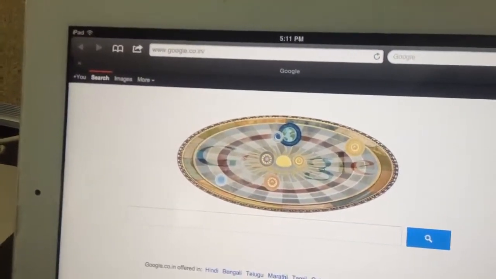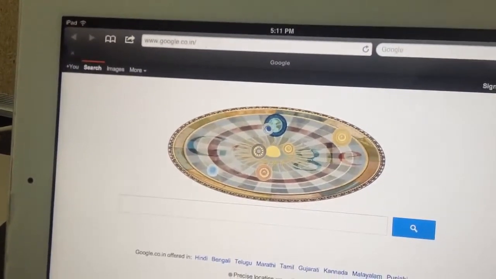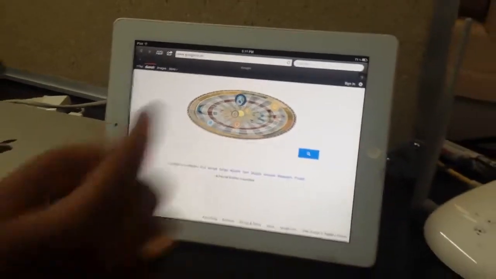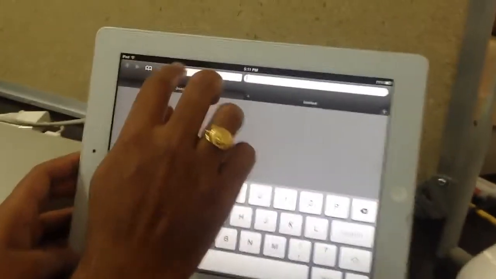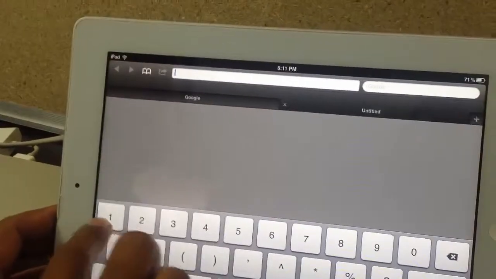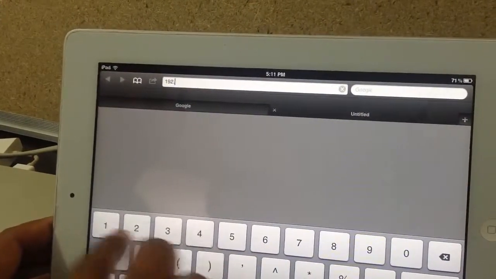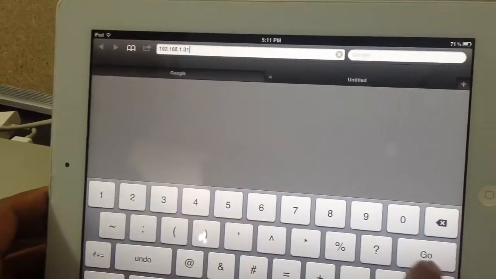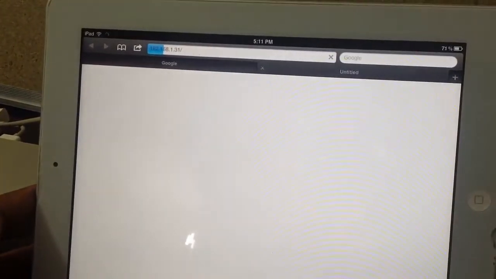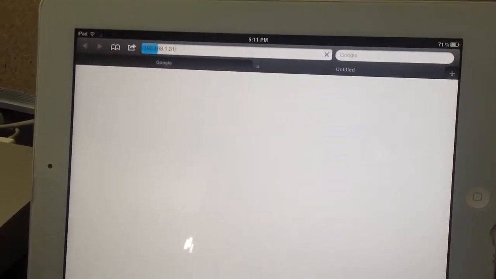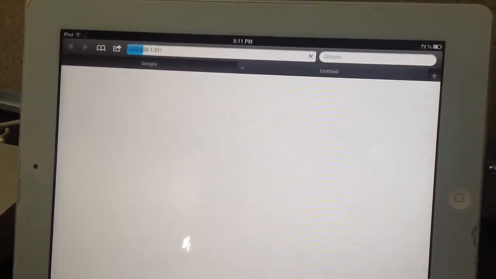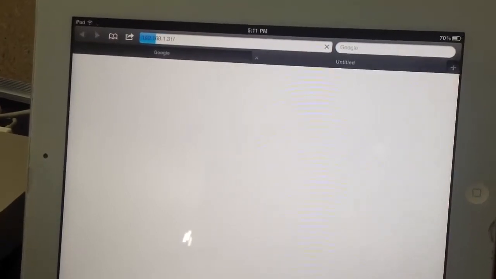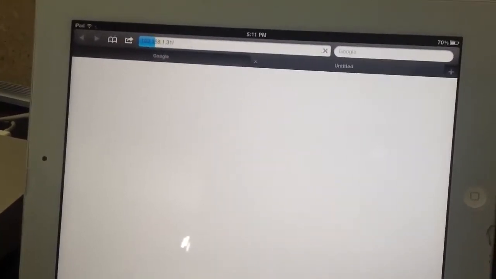Yeah, now we can see that we are able to access Google. Now we will try some internal resource, let's say 192.168.1.31. As per the applied policy, access should be denied to 1.31. Yeah, you can see that you're not able to open 1.31 from the iPad.